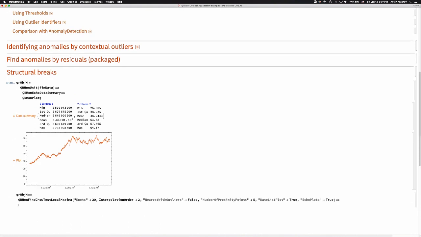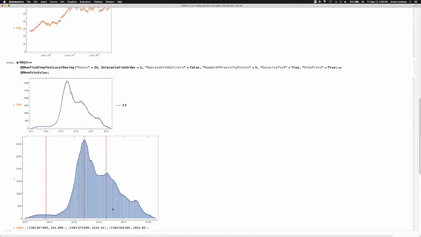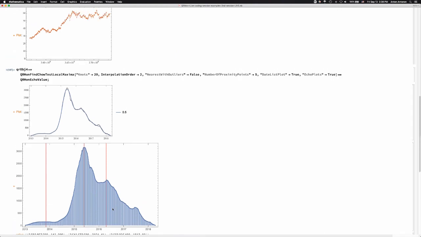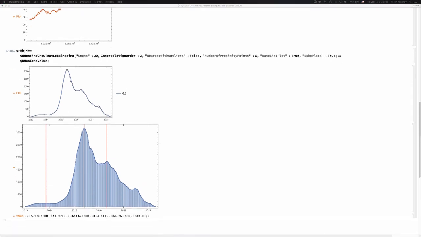And here I'm going to do, all right. So this is a little bit of a more complicated example, which